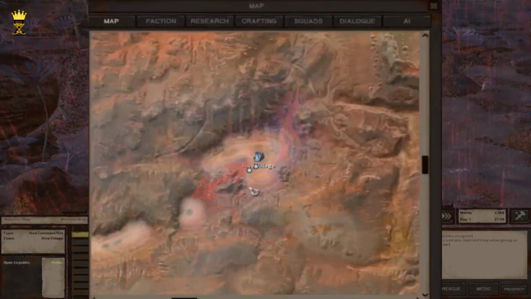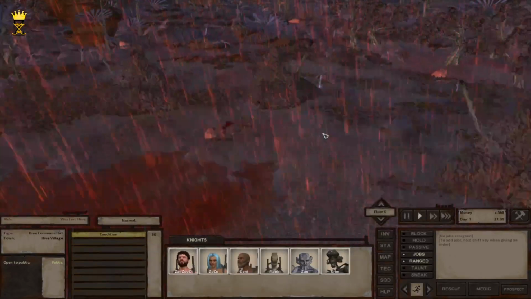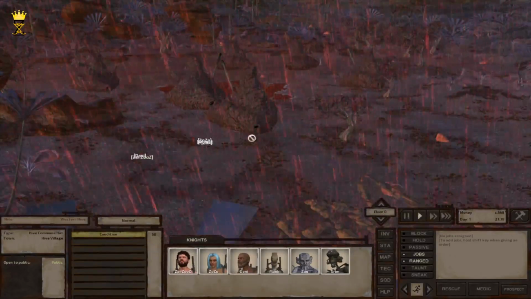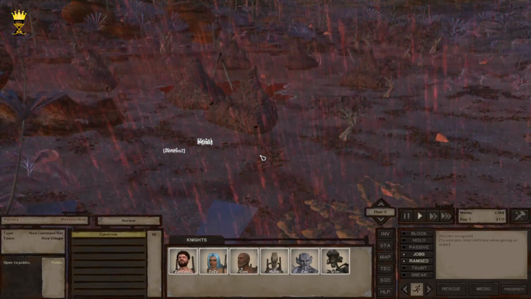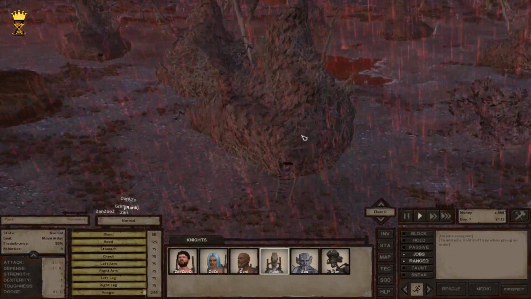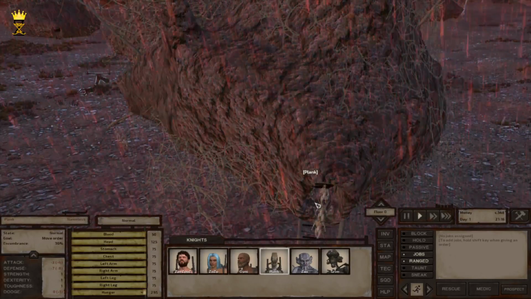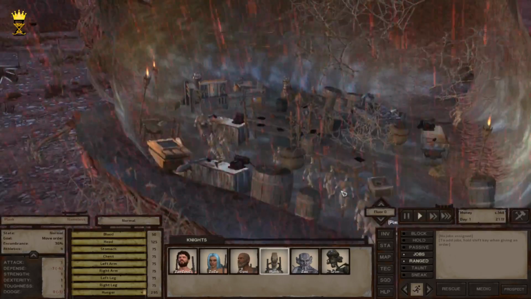So I went to the city from my location to there. As you can see, it wasn't far. It was a hive city. Now here, because it was a hive city, I thought, let me just send in Plank, because Plank is a hive. That's his own race, so they should take him in with open arms. But